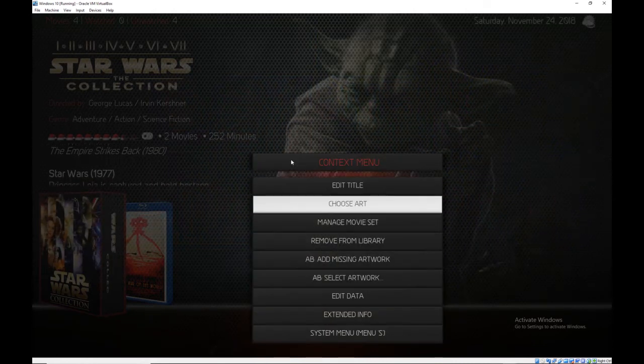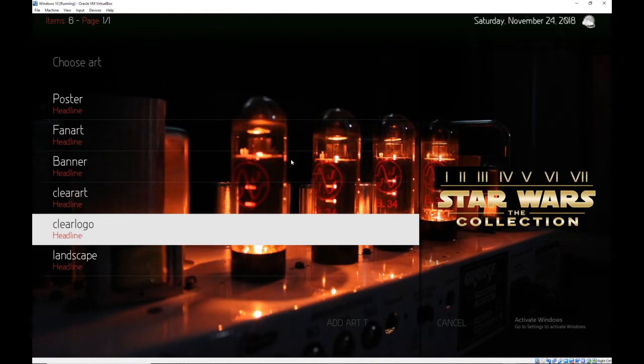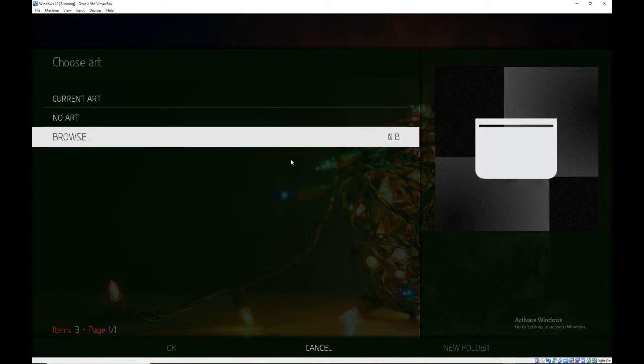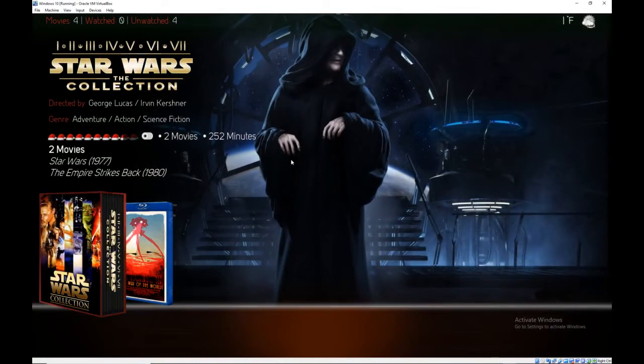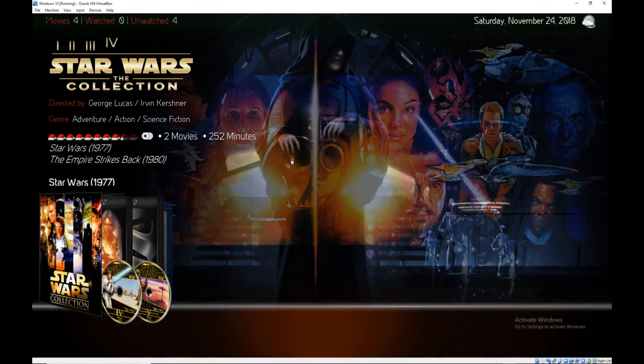So if you manage, choose art, go down here to clear logo, you see that one selected. You don't get the big list like you did with poster, so you can browse right there and select the animated artwork. So I will include, there'll be a zip file that the user Chris6 sent me that has these